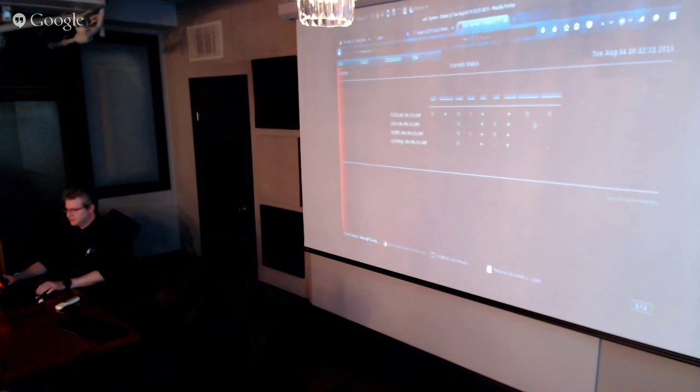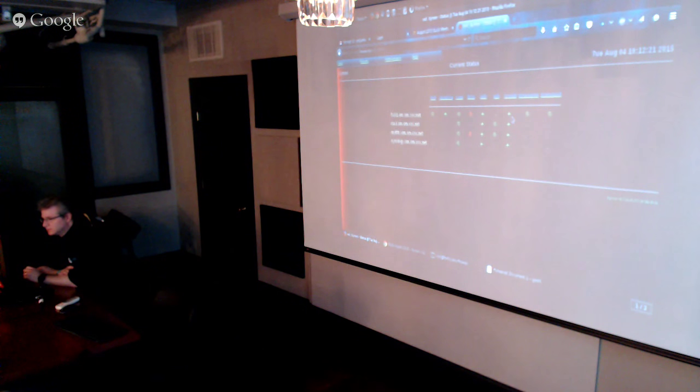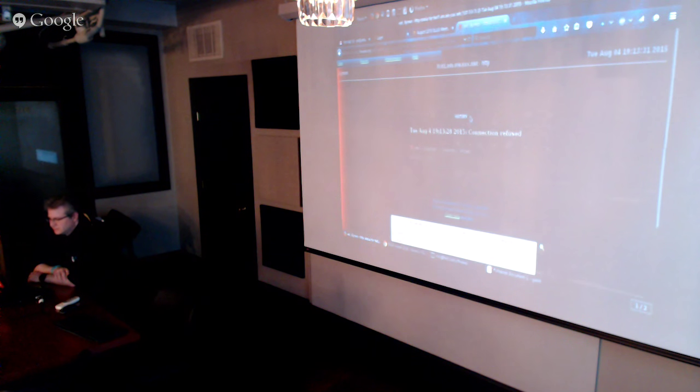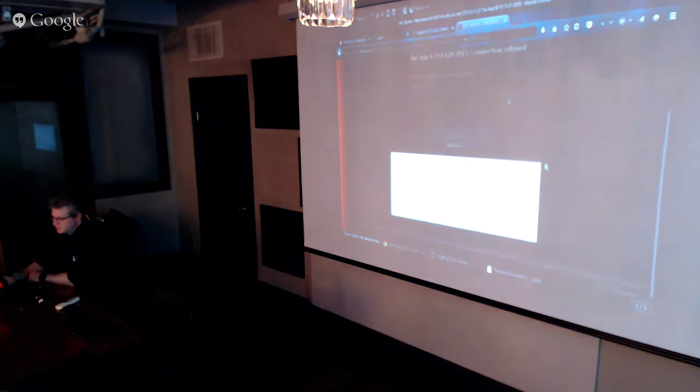I've got two reds. It doesn't like that it doesn't see a web server on the firewall, nor on my myth box. We can actually look at the test. Connection refused.